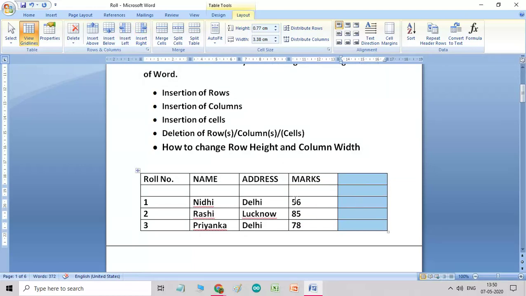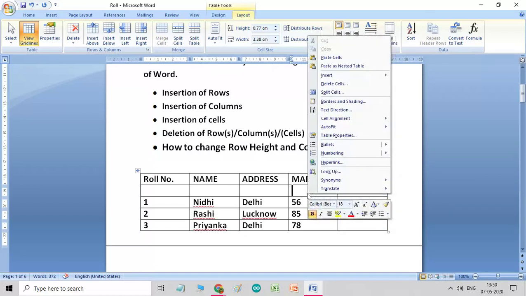Now, insertion of cells. Sometimes we need to insert an extra cell in our table. The steps to insert a cell in a table are as follows. Select the cell where you want to insert a new cell. Suppose I want to insert a new cell here. Right click on the cell. A drop down menu will appear. Click the Insert option here, and then you can choose Insert Cells from the submenu.